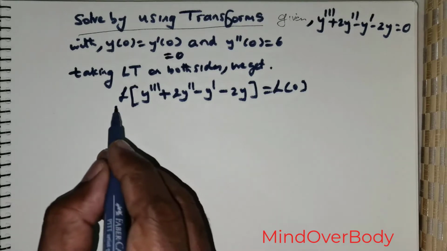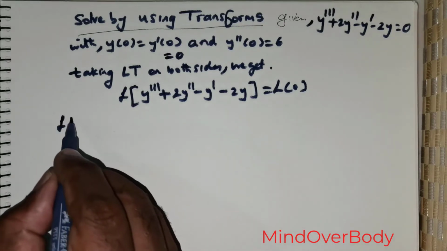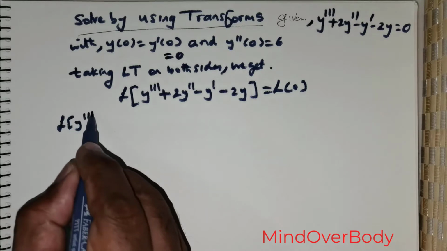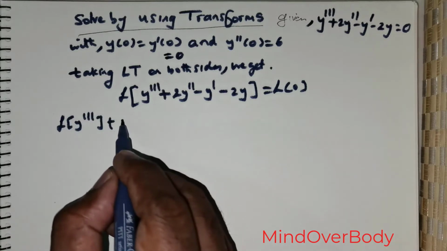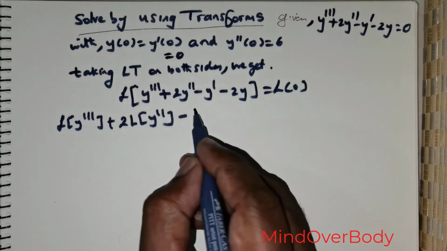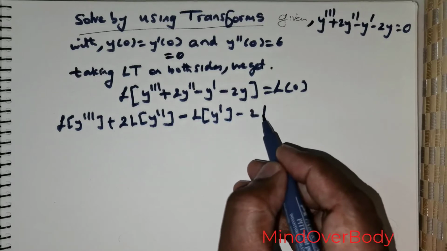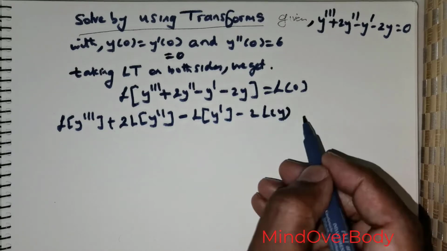So by linear property I can rewrite this as L of y triple dash positive 2 times L of y double dash negative L of y dash negative 2 times L of y is equal